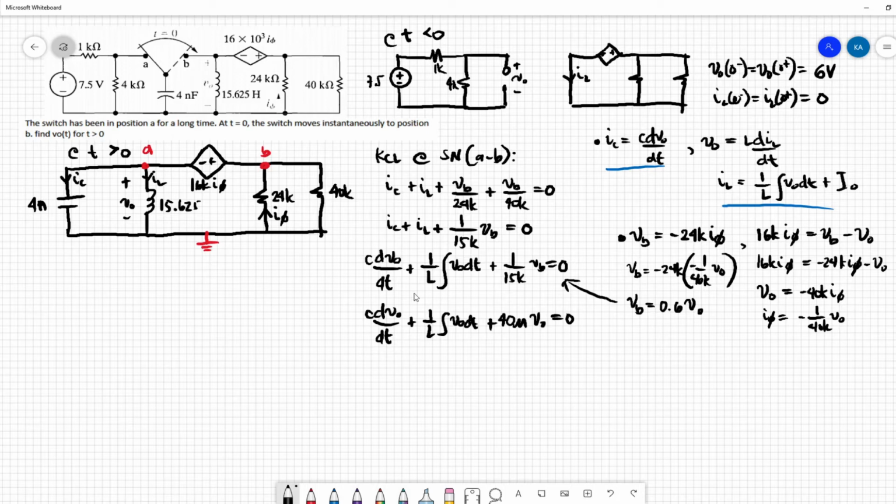Now differentiating both sides of the equation and then dividing the equation by C, we have